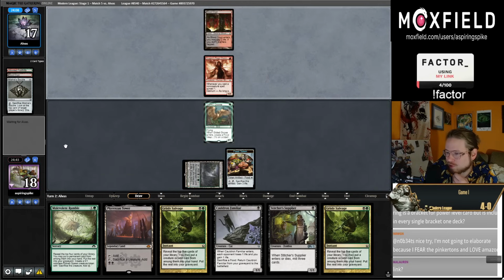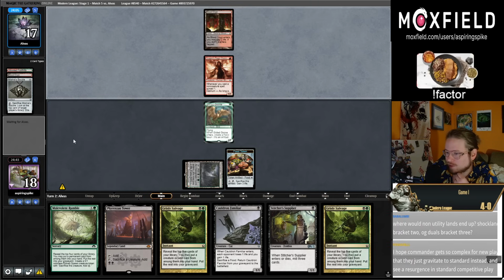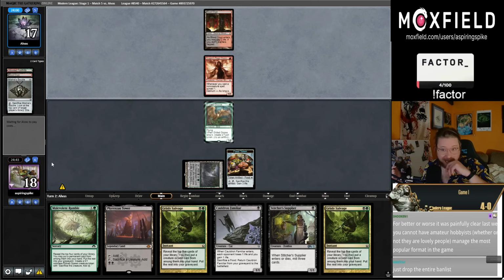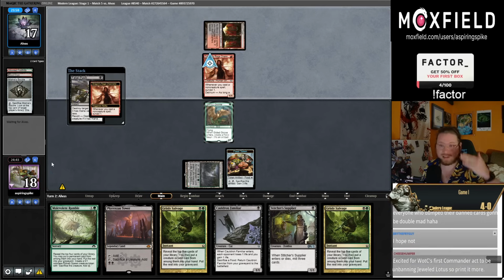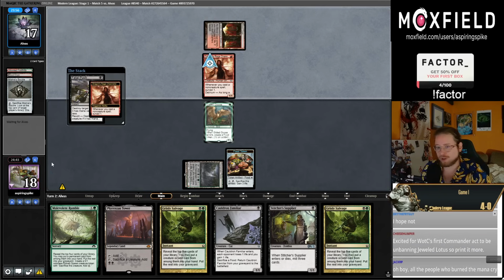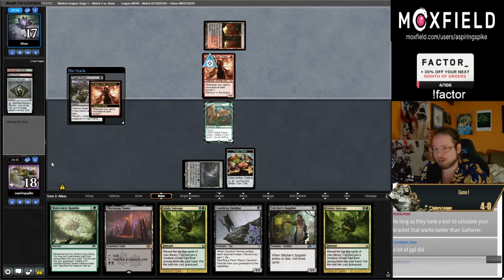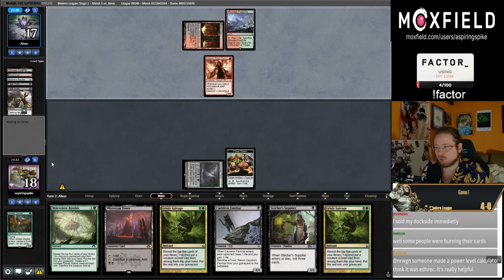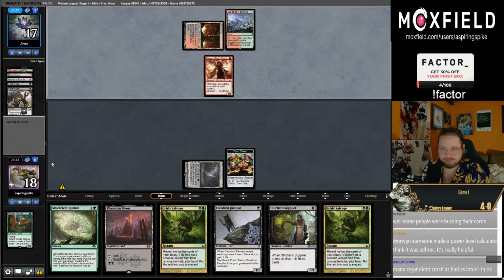Don't you think it's an issue that Sol Ring is a bracket 4 power level card, but it's included in every single bracket 1 deck? No, I don't. I think that Sol Ring is explicitly a bracket 1 card. It is incredibly powerful, goes in every deck. You can maybe house rule that you still get to play your Sol Rings in your other decks, but